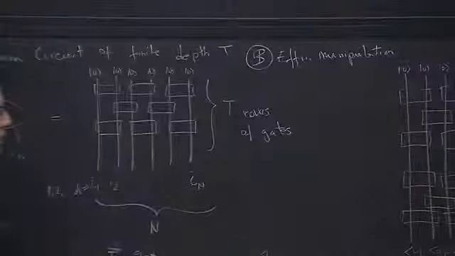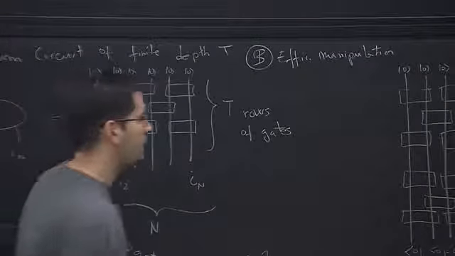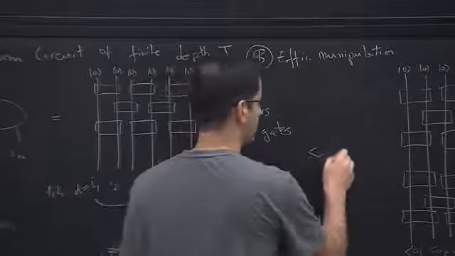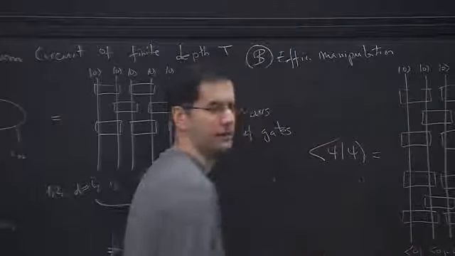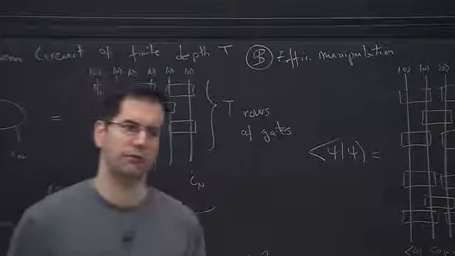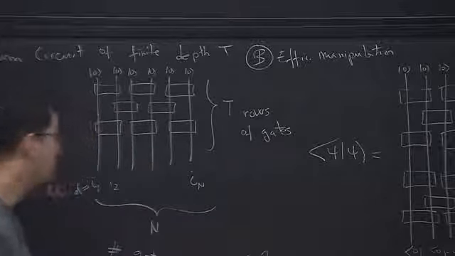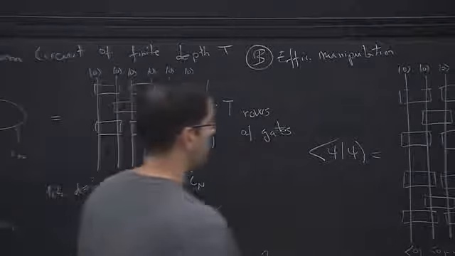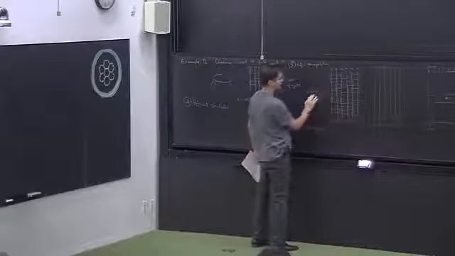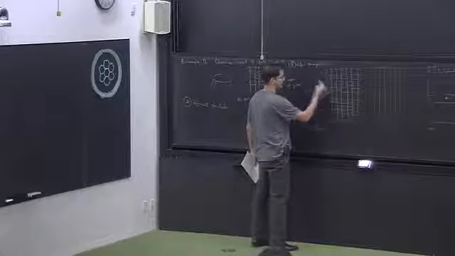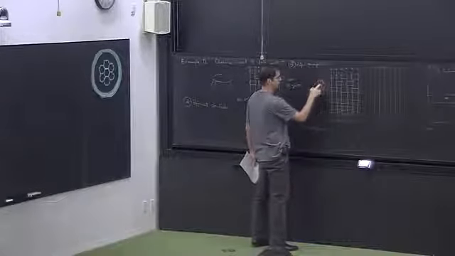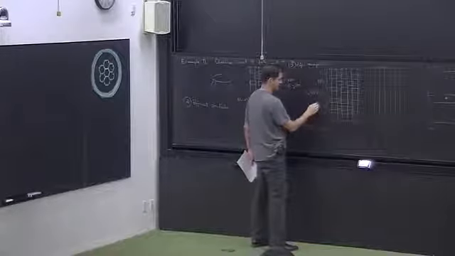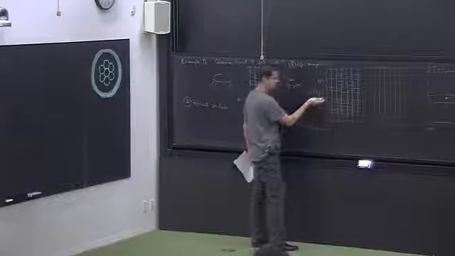Typical things we want to be able to compute, maybe it's the norm. And remember, you have all these drawings in the notes I sent you for yesterday's lecture. So how much is the norm? Well, here this part represents psi as a ket, and this is psi as a bra,